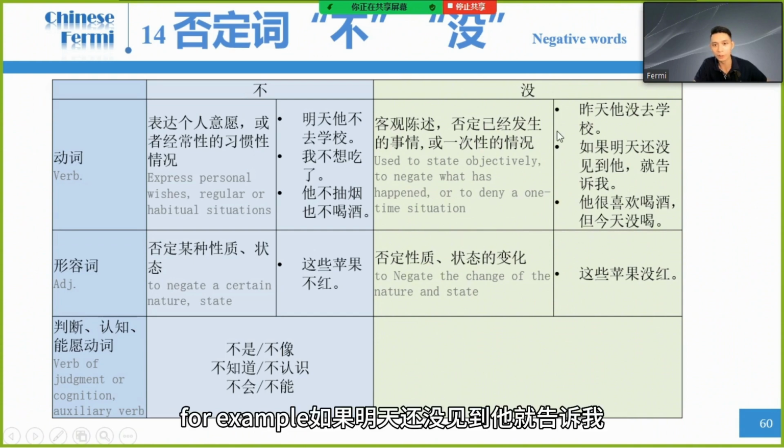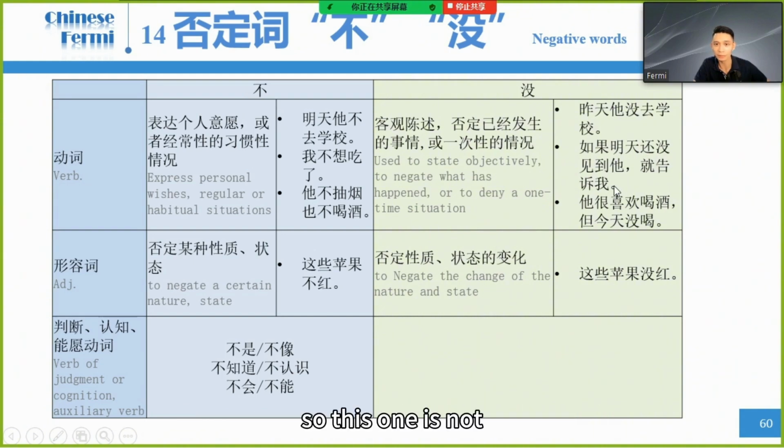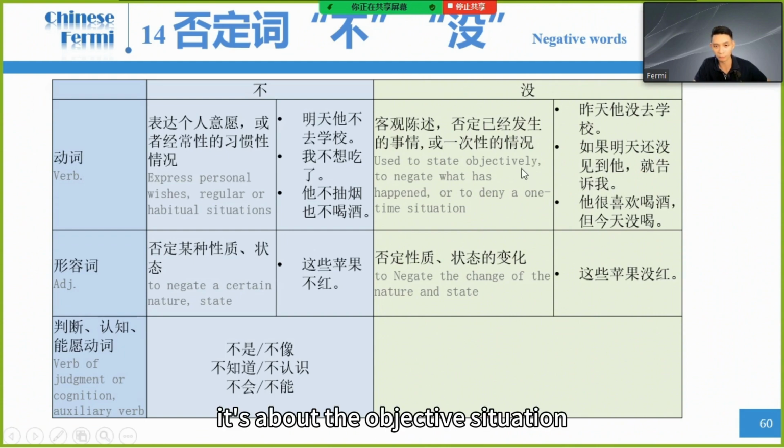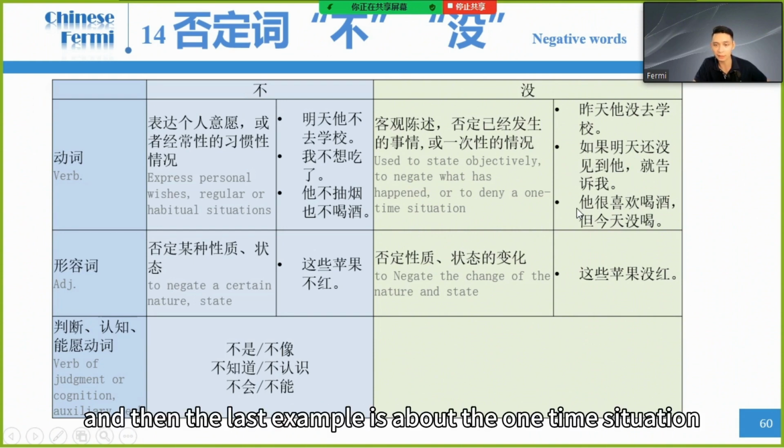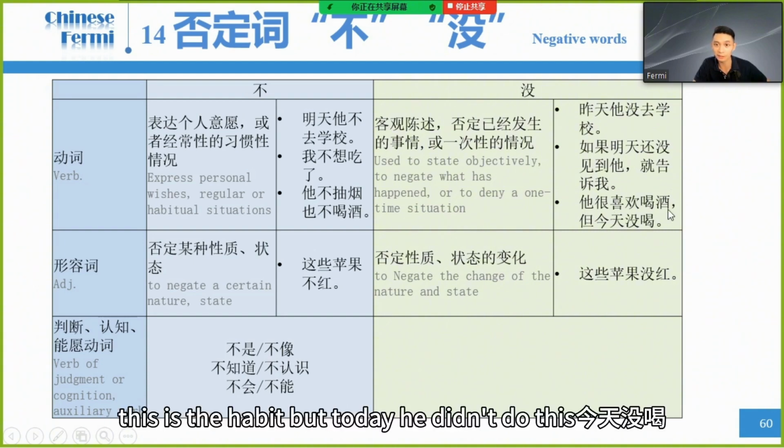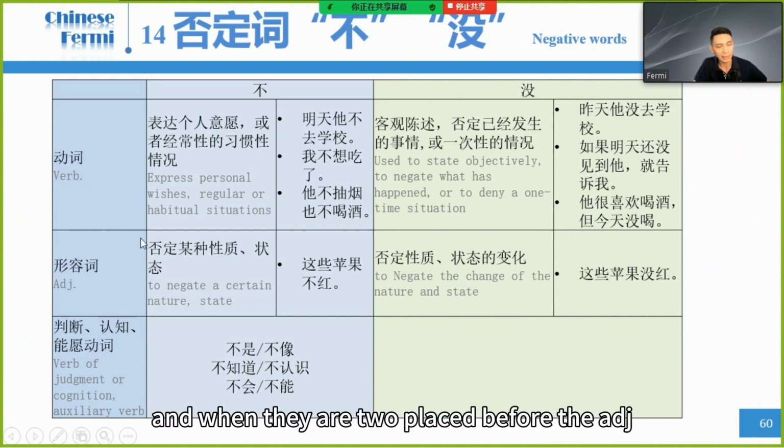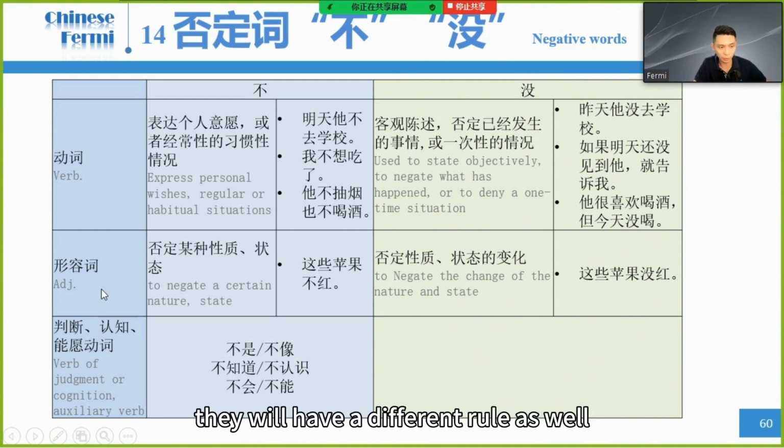For example, 如果明天还没见到他，就告诉我。So this one is not for the past tense, it's about the objective situation. If these things happen tomorrow, please do that. Tell me. And then the last example is about the one-time situation. 他很喜欢喝酒 This is the habit, but today he didn't do this. 今天没喝。